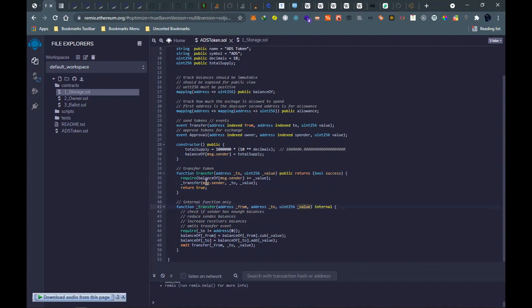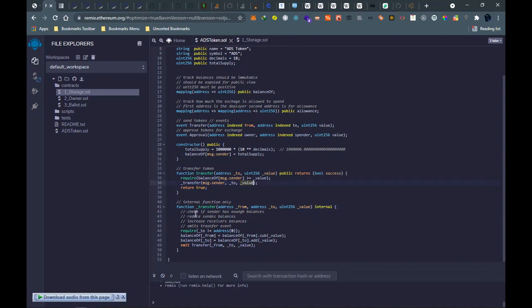We have inputted the from as message.sender, so the address that will be sending goes there, and then you input the address of the receiver and the value you are sending. So the function transfer takes in 3 parameters: from, to, and value.